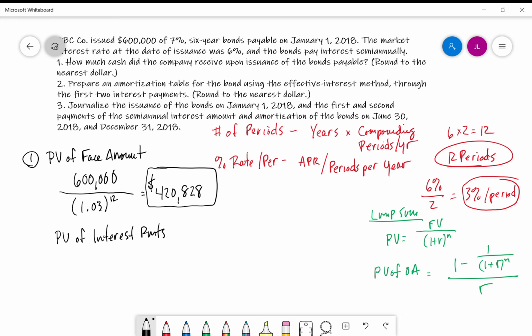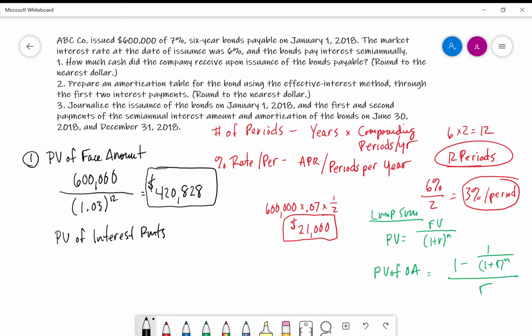And the present value of interest payments, well, we've got to calculate the interest payments first. We know the bond is $600,000, and let's do this in red. We have $600,000. It pays 7% per year, so times 0.07, but it's doing it semi-annually, so times 1/2, or 0.5, 2 times per year. So 6 times 7% is 42,000, times 1/2 is $21,000 in interest that this company pays out every 6 months